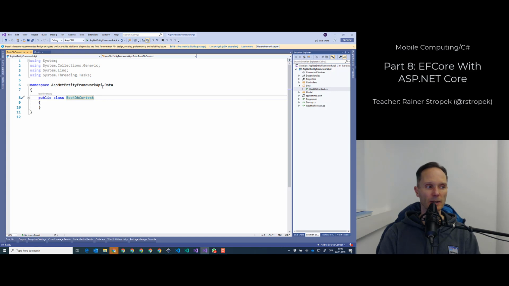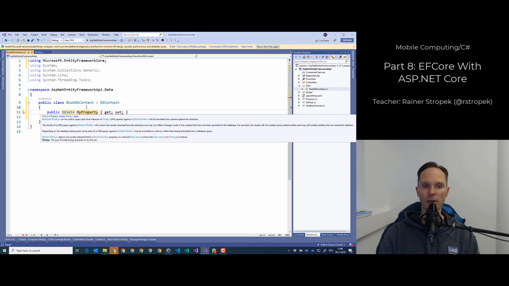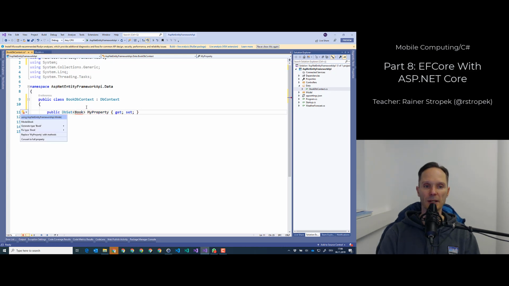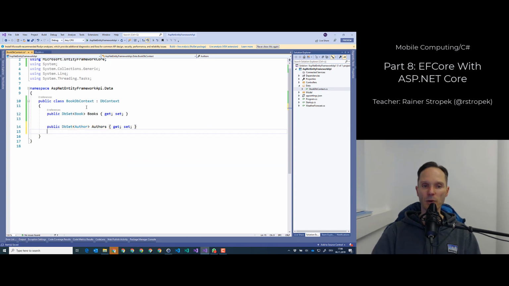This book DB context is derived from DB context, and this class comes from Entity Framework. Inside the DB class, we will have to create properties of type DB set of for each table, so it is a DB set of book. We are missing a using here. Let's add it, and let's call this thing books. This is the entry point that we will use for queries against the database and also for inserting books and things like that. And again, create a DB set of author for our authors. This is the most important thing that you have to do for each table in your database. Add a property of type DB set with the type of the Modal class that represents the table inside the